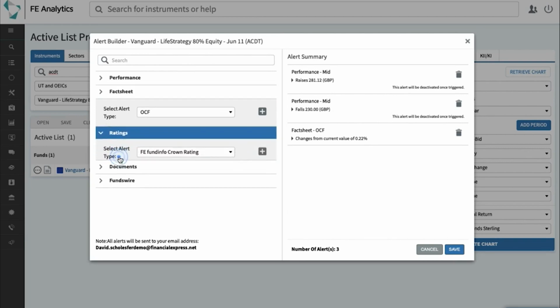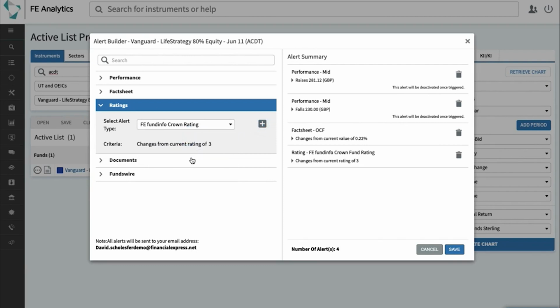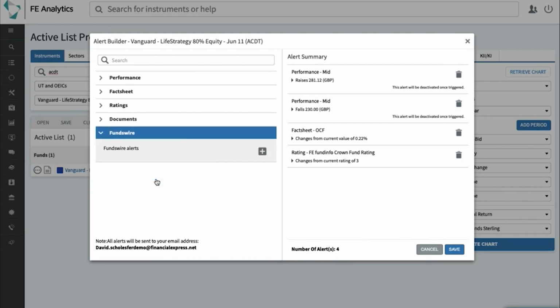Ratings, there's a whole suite of different ratings we have now on analytics, so Crown Ratings, Risk Score, Morningstar Analyst Rating, RSM, and Square Mile. So again, if any of those change, let me know. Document updates like KIIDs documents and fact sheets, and Funds Wire is a bit of a catch-all for lots of different alerts. So maybe if a fund manager leaves, a sector changes, or maybe the fund even stops trading, again